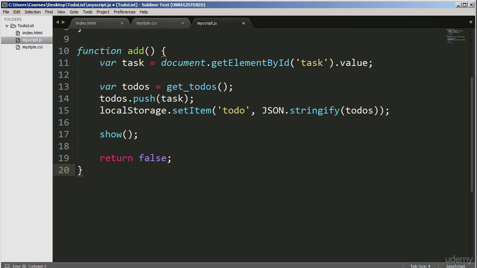What I'm going to do is split this lecture in two for the JavaScript because it's gone on a bit long. So I'm going to stop this lecture here